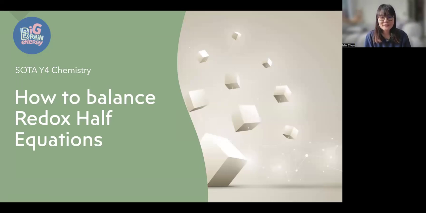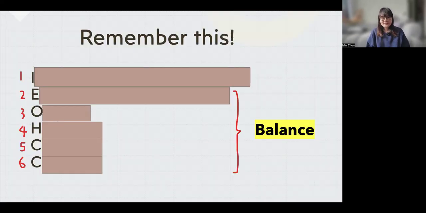Hi everyone, today we're going to learn how to balance redox half equations for the redox chapter under the SOTA Year 4 Chemistry syllabus. So before we even start, you need to remember this mnemonic,